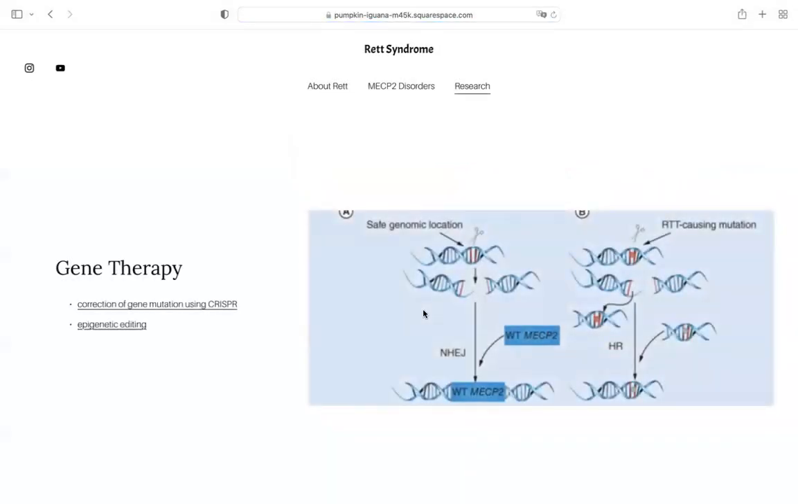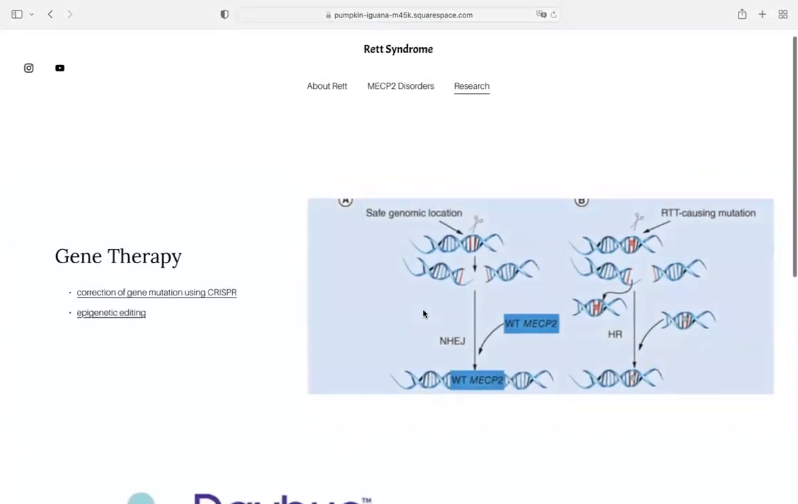Some current research about MECP2 mutation is the correction of gene mutation using CRISPR. This basically means you replace the mutated gene with the wild type MECP2 gene, which can reverse the symptoms. There's also epigenetic editing that edits the methylation marks on the MECP2 gene, and it aims to reactivate the inactive